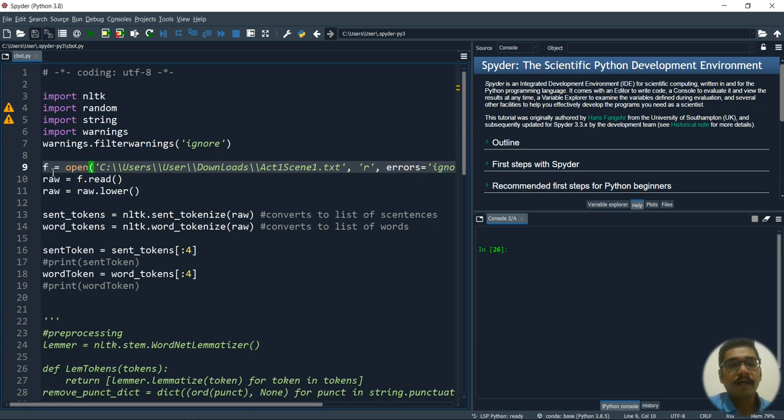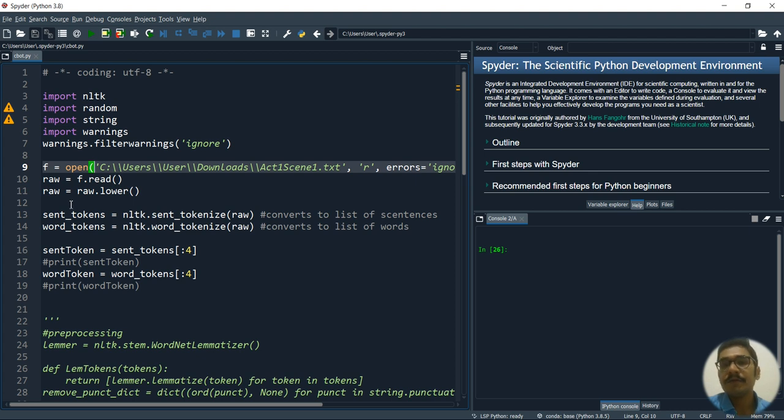Okay, and I'm just storing all of those things into an object f, and then I'm reading that object by using f.read. These are basic file operations, and then I'm storing it into raw, which will be my raw data, without any pre-processing. It can be a corpus. So here you basically use a word corpus, where everything is considered junk, basically: double quotes, single quotes, punctuation marks, etc. That thing you are storing in another variable, that is raw.